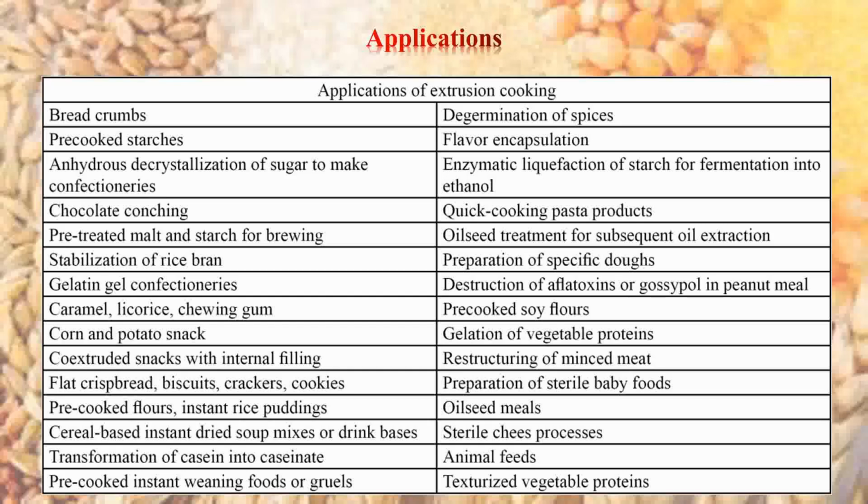gum, corn and potato snacks, co-extruded snacks with internal filling, fat crisp bread, biscuits, crackers, cookies, pre-cooked flours, instant rice, puddings, instant cereals, functional food, oil-seed meals, soya-based protein bars, pre-cooked soya flours, preparation of specific doughs, quick cooking pasta products, flavor encapsulation, degermination of spices, sterile cheese processes, animal feeds and fodders, texturized vegetable proteins, various other kinds of